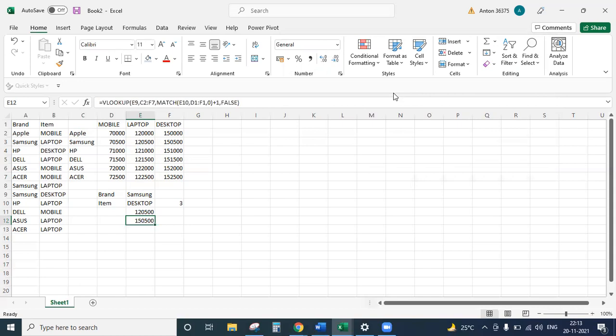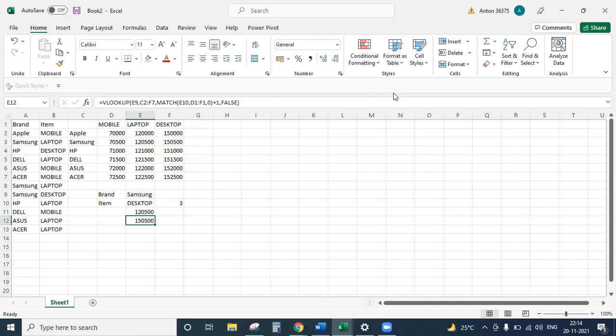When I speak of sorting, I'm looking out for the brand Samsung and the desktop. So it had to be sorted. Column C had to be sorted alphabetically, and then D, E, and F also had to be sorted alphabetically. Only once you sort column C, that's good enough.